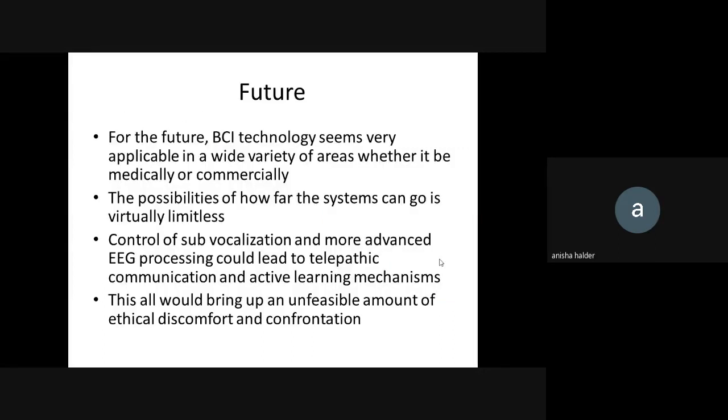So here is the future work. For the future, BCI technology seems very applicable in a wide variety of areas, whether medically or commercially. The possibilities of